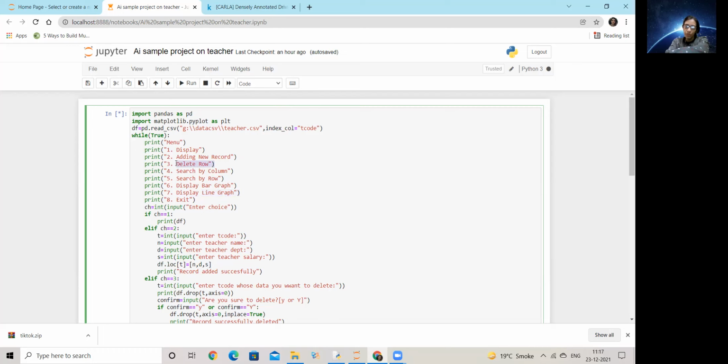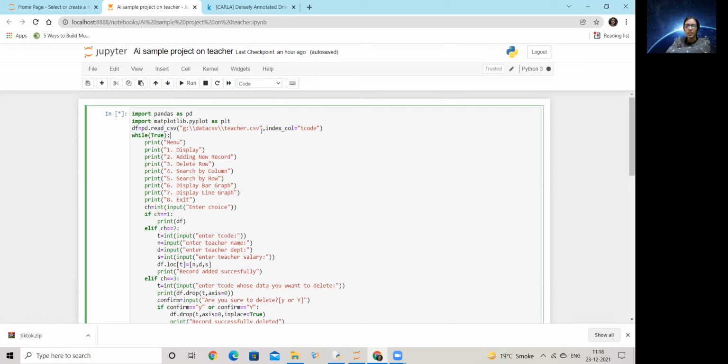Deleting of the whole row together and adding a new record to my data set. Then I can do a little bit of searching and then I can do my graphs. Okay. Now, first thing first, of course, I talk of importing two libraries here. One is pandas and one is matplotlib.pyplot. That's my first import to be done. Second, I am supposed to read my CSV.